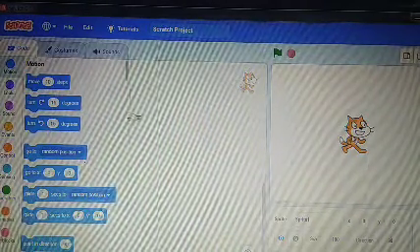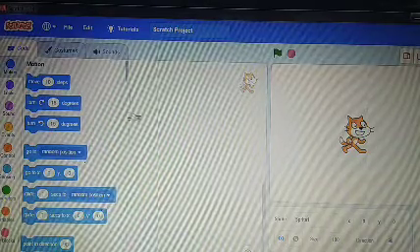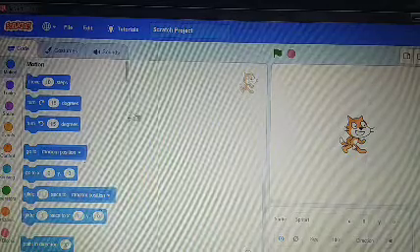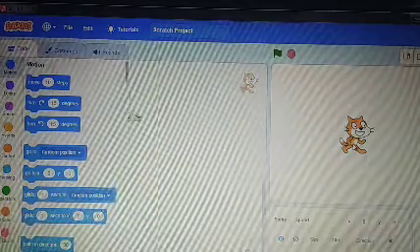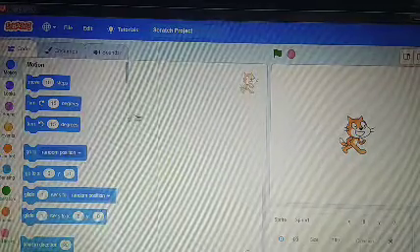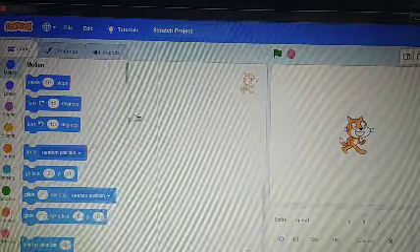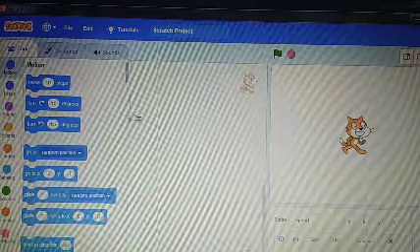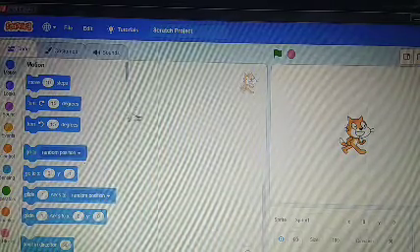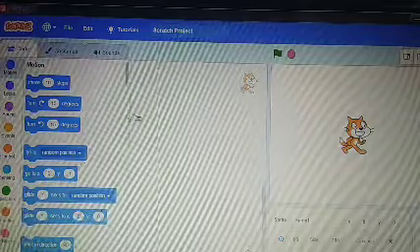Or if you are creating an animated story, for that you need a cartoon character. So this sprite is actually that character. In your book it is written: each object in Scratch which is programmed to animate is called a sprite.